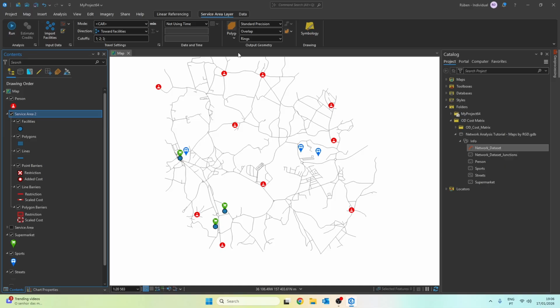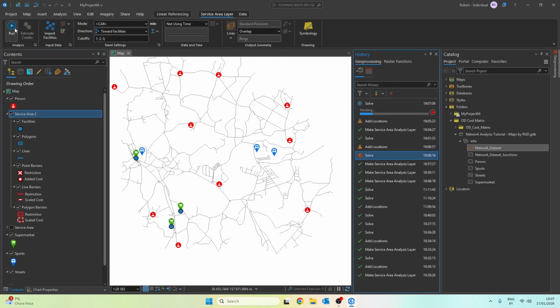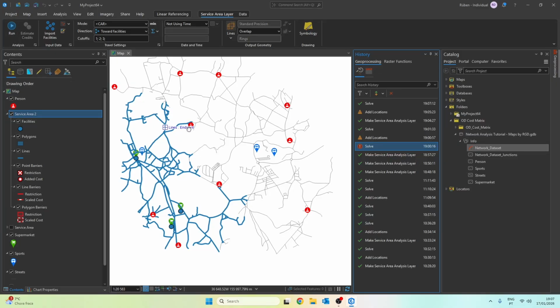We are going to analyze it for 1, 2 and 3 minutes, and as I mentioned earlier, we'll change the output from polygons to lines. We'll keep overlap enabled for a reason that I'll explain in a moment. Here in the summary icon we can enable the fields we want to appear in the attribute table, which can be very important for later analysis. Everything is set, so let's click run and see the result. So here we have our result.